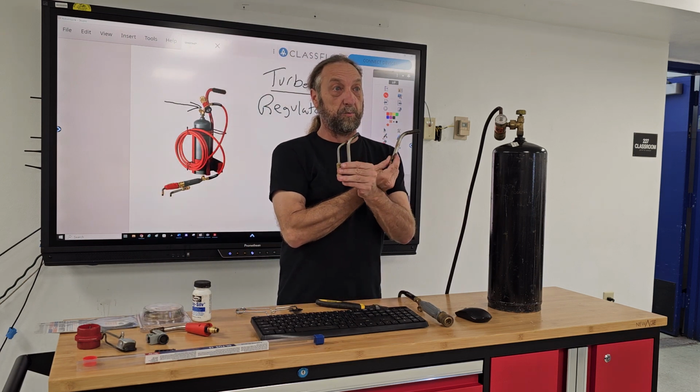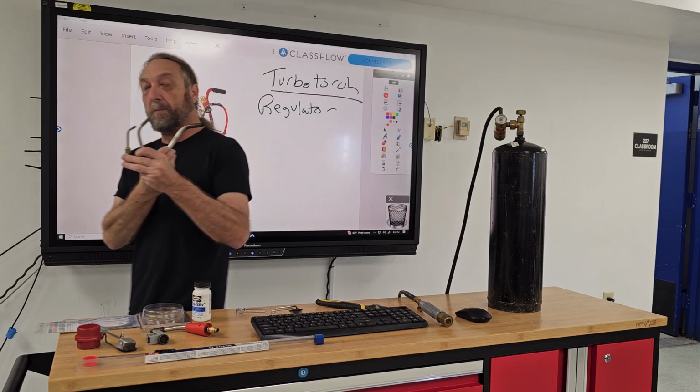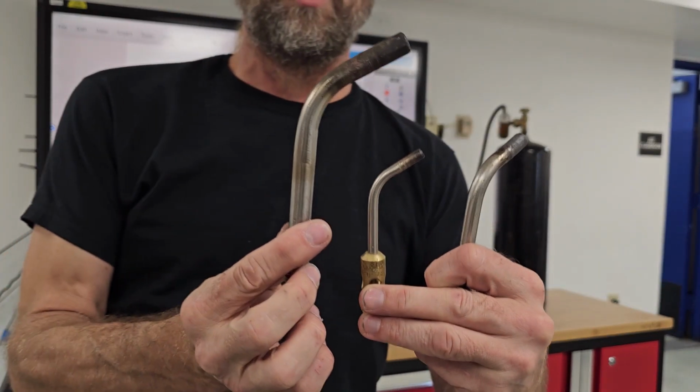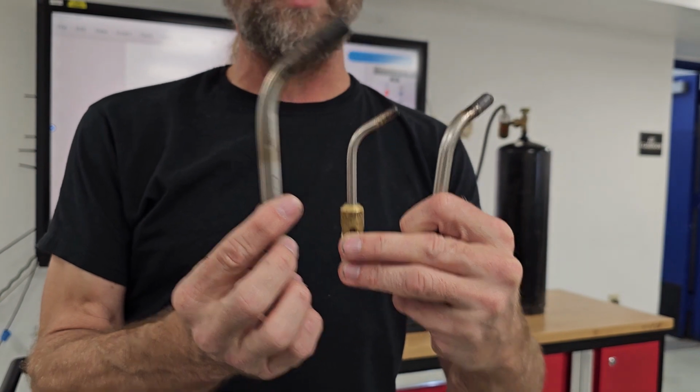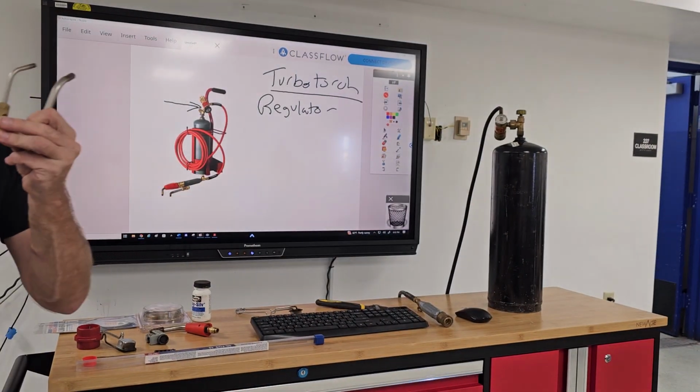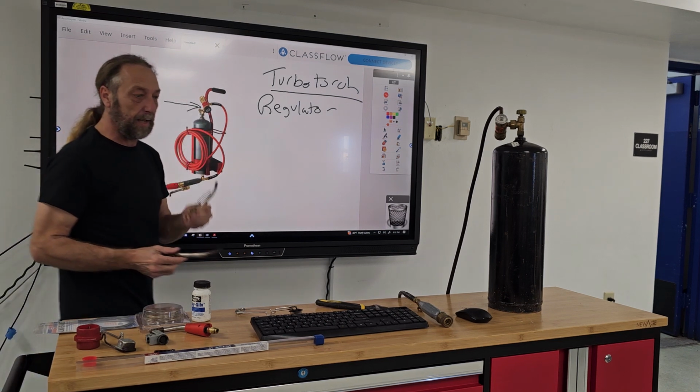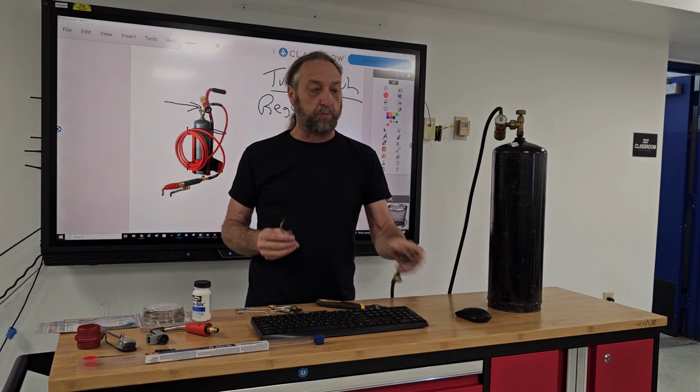We have 3 different size tips. Okay, we have a small one, medium, and large. Now the small one is smaller, so if I'm going to braze with the smaller tip, it's going to take longer to heat up the pipe. But if these bigger tips are too big in the work area that I want, I can't use them. I can use a smaller tip. I just pull it out,